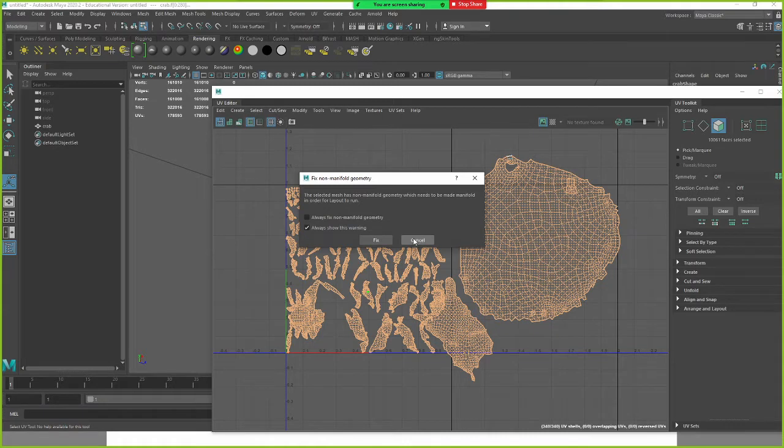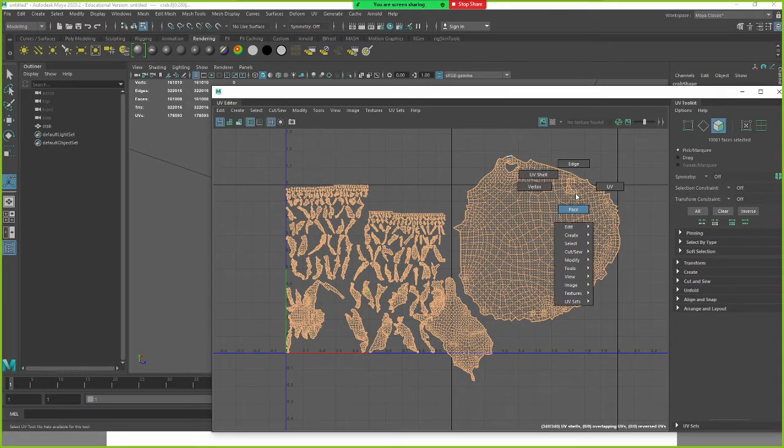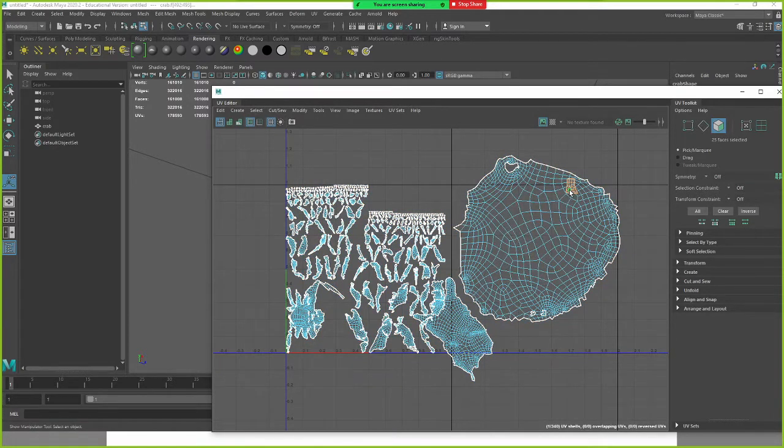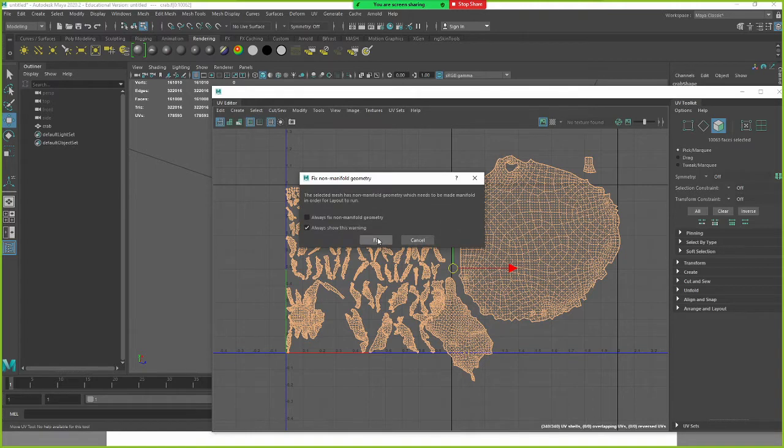Oh, non-manifold object. I think the non-manifold object is lying down here, which I have to move out, and there are some pieces here. Oh no, fix it,